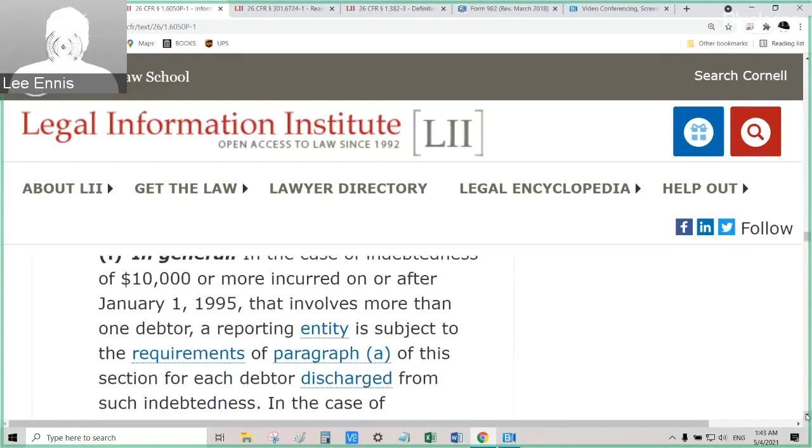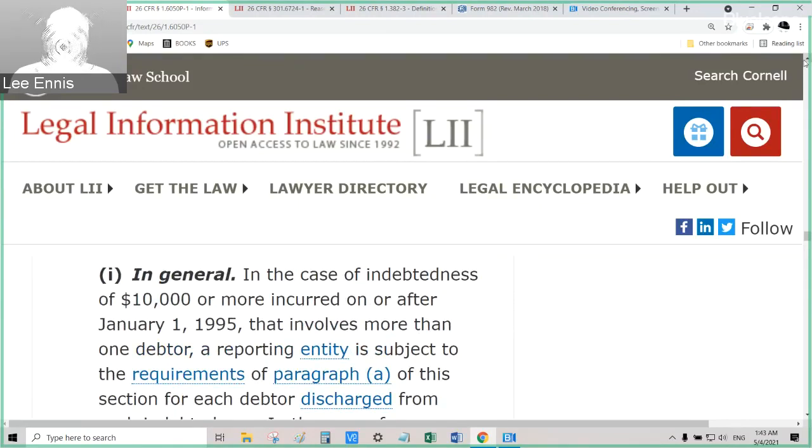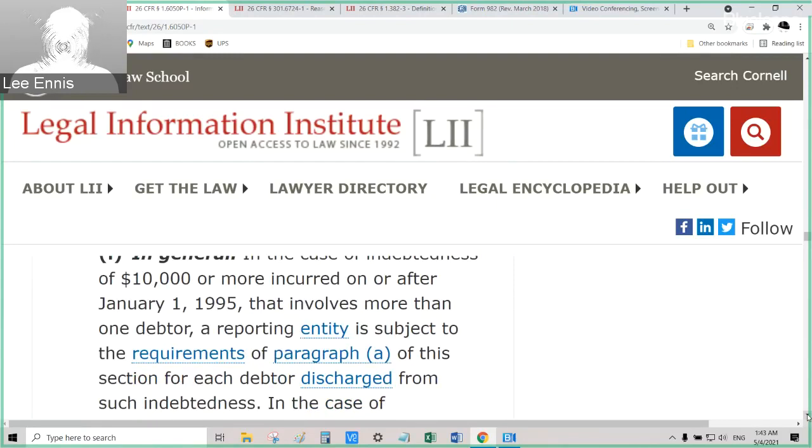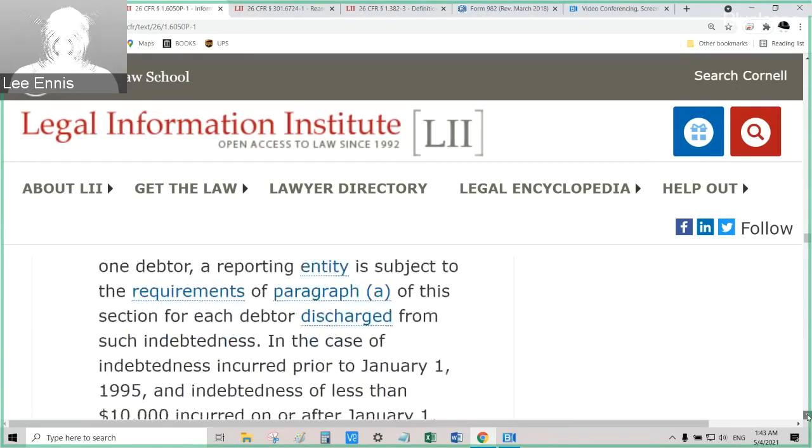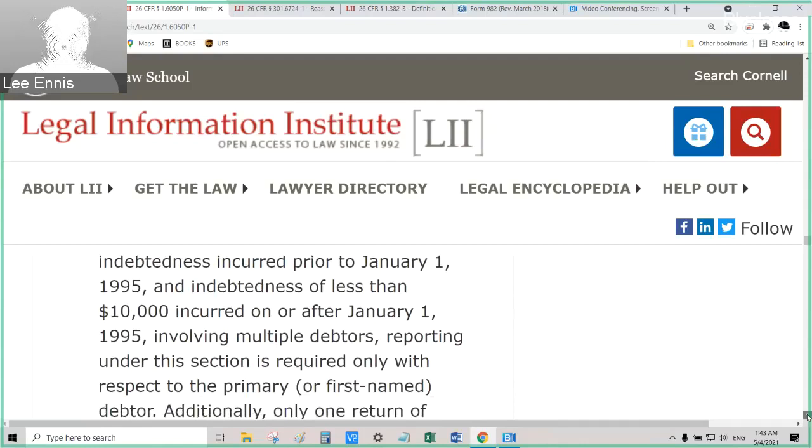This is also important. I just recently heard from a client, she said that she gave money to her son and his girlfriend to the tune of almost $20,000. And so what this says is that if there is more than one debtor, if you're talking about two people, both persons are responsible for the debt. And so the 1099 is going to be issued to